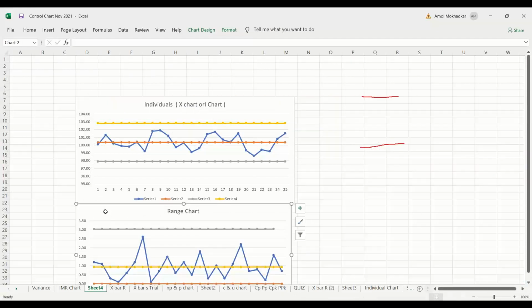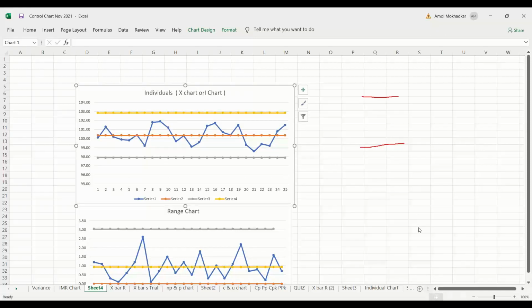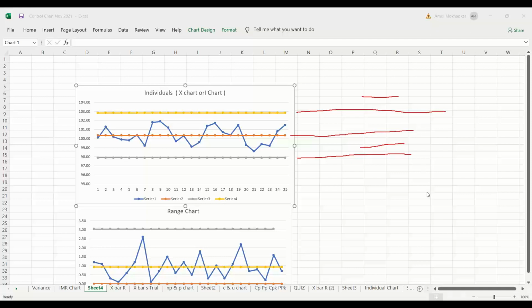You extend this chart on a piece of graph paper, and you keep the average line also the same. You are not going to calculate the average of each and every data.